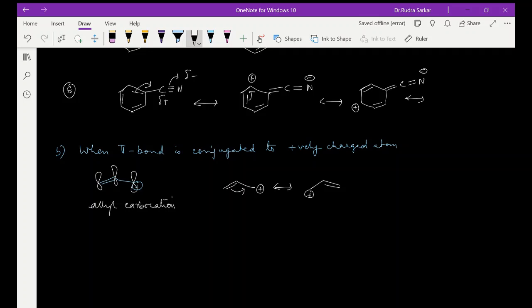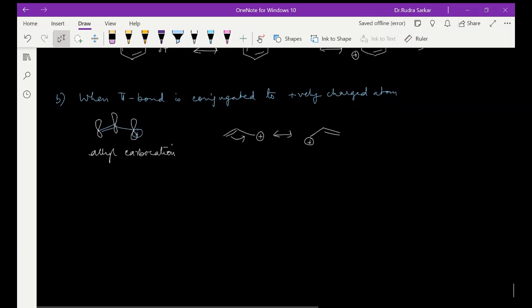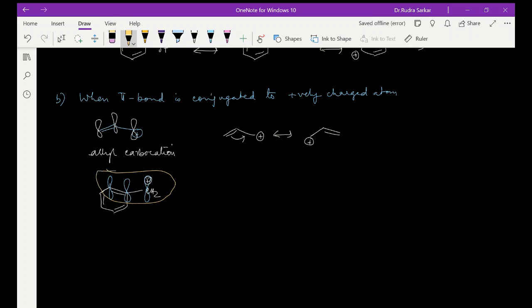पाई इलेक्ट्रॉन डेंसिटी पॉजिटिव की तरफ जाएगी, मैंने जैसे कहा डायरेक्शन ऑफ मूवमेंट ऐसे जज करेंगे हम लोग, तो ये हमारा फर्दर रेजोनेंसिंग स्ट्रक्चर होगा। तो इसी तरीके से हम ये भी सोच सकते हैं कि एक फिनाइल रिंग लेते हैं और इसके बगल में कार्बन रखते हैं जिसपे प्लस चार्ज हो। अब यहाँ पे भी इस कार्बोकैटायन के साथ ये वाला जो p ऑर्बिटल है ये सब कंजुगेटेड है, और हम सोच सकते हैं कि ये यूनिट यहाँ पे जो हमको मिल रहा है ये भी एक एलाइल कार्बोकैटायन के जैसा ही है। तो इसमें भी हम लोग अगर रेजोनेंस सोचेंगे तो हमारा नेक्स्ट रेजोनेटिंग स्ट्रक्चर जो है वो क्या होगा, वो कुछ इस तरह का होगा।